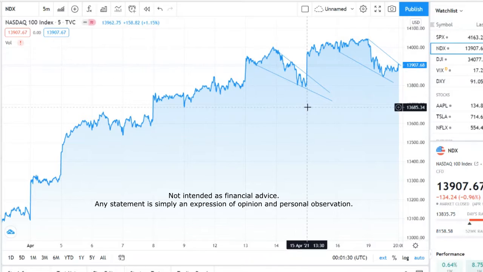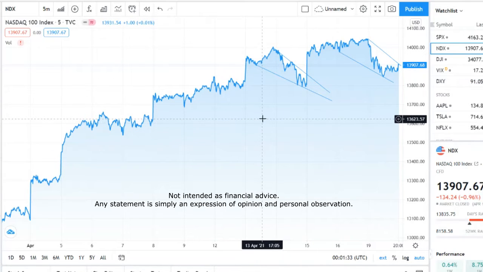So we are taking a look at the NASDAQ because, at least personally, I have been bearish on indexes for a bit of time here, probably going on about 6 or 7 months that I've been short indexes, not directly but through inverse ETFs, just because it's a great way to hedge without having to actually go short and risk a situation like GameStop, where those shorts are going to have a very tough time locating enough shares because of the pressure and demand for the GameStop stock at the moment.